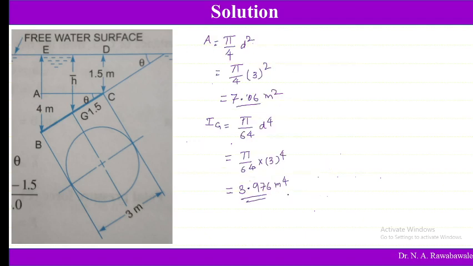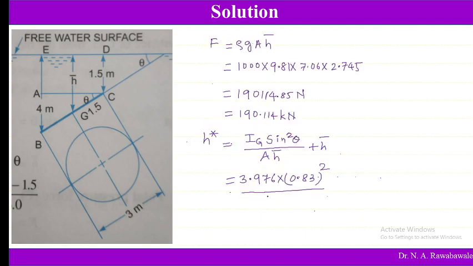The area of the circle is 7.06. h bar is 2.745, plus 2.745. So we get H star as